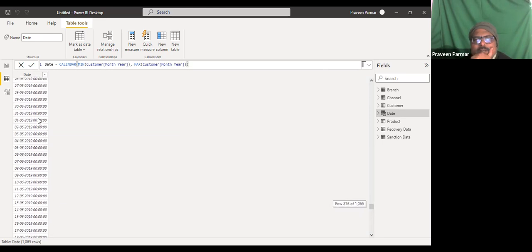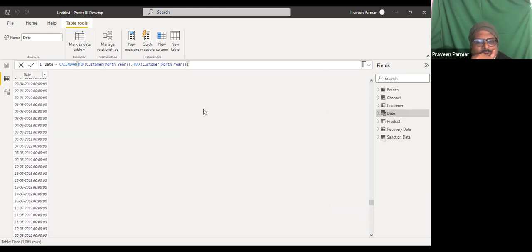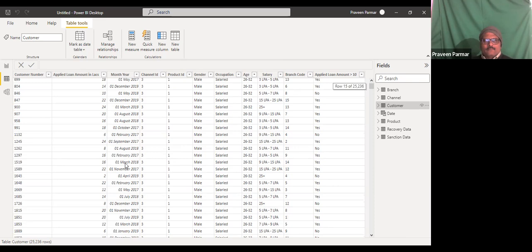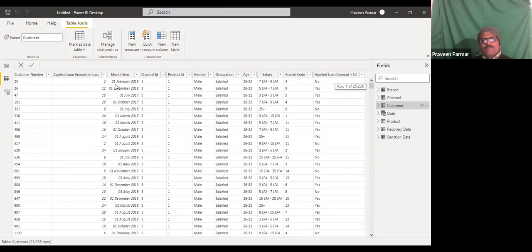So this new date table, you have created only with one column. Now more things we have to do here. We compare these dates with the customer. So it is the 1st February, 1st September, 1st July. It is only the monthly data basically. Got it? We had monthly data. There is 1st February. There is no 2nd February. Are you getting it? 1st February, then September, 1st July, and in this way you are getting it. Okay.